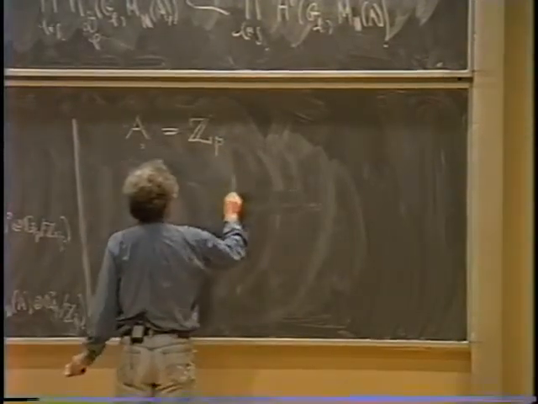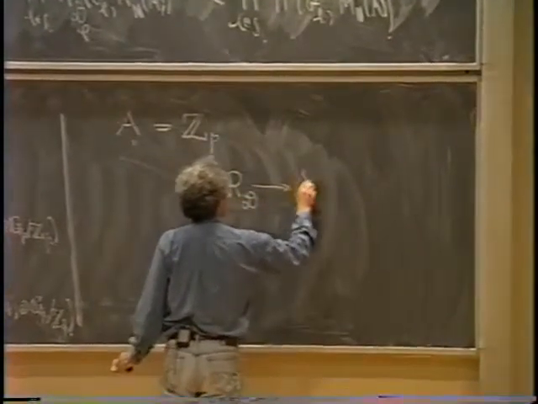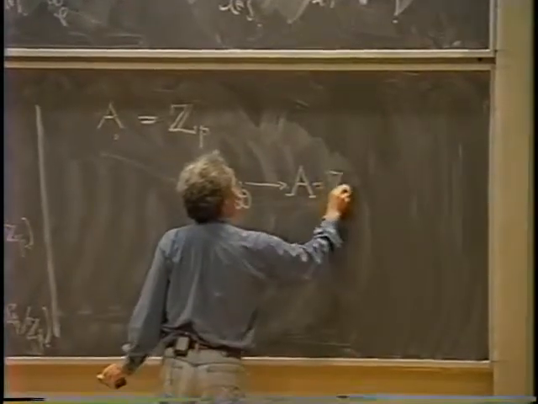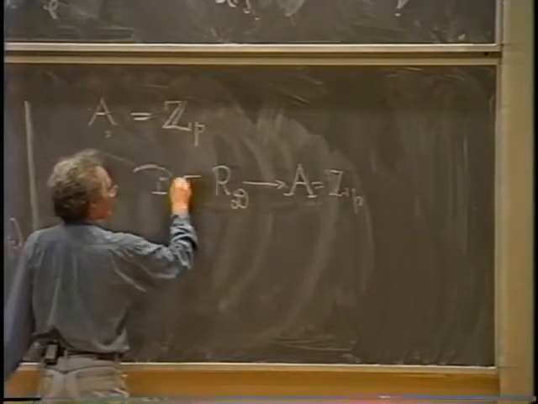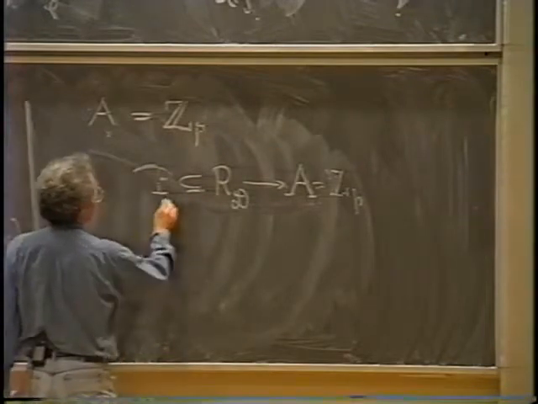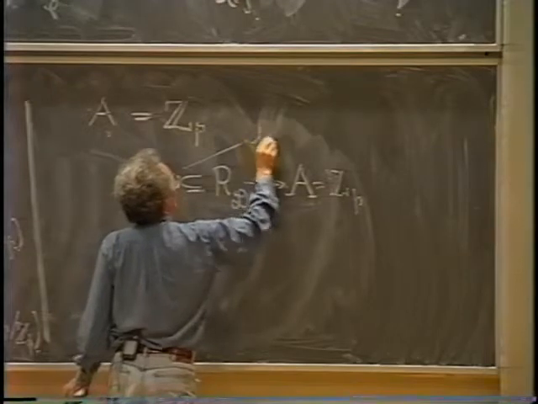When A is Z_p, the homomorphism from R_D to A is, of course, surjective, and the kernel is a prime ideal, because A, Z_p, is a discrete valuation ring. So if I let P be that kernel,